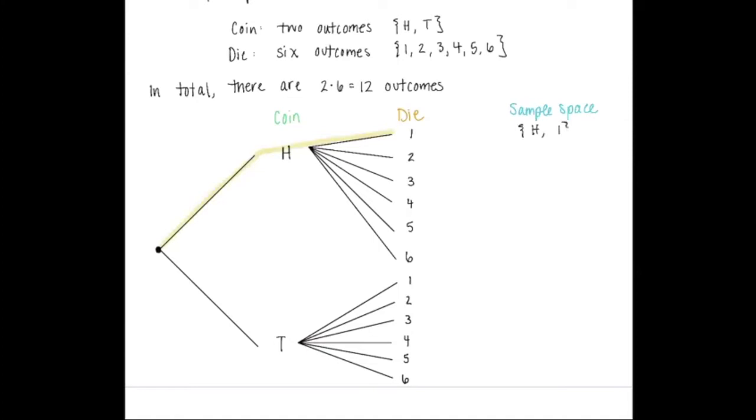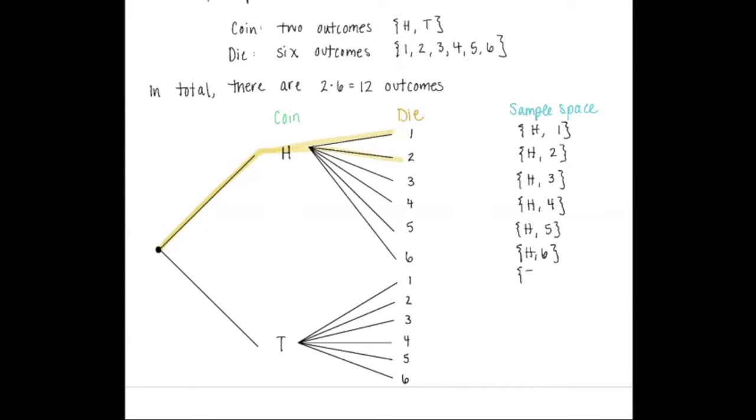So the heads come first, followed by a 1. Or we get the heads and a 2. So the next event in my sample space would be heads and 2. And then you just keep going down the line. You follow all of these branches. You get a heads and 3, a heads and 4, a heads and 5, a heads and 6, and